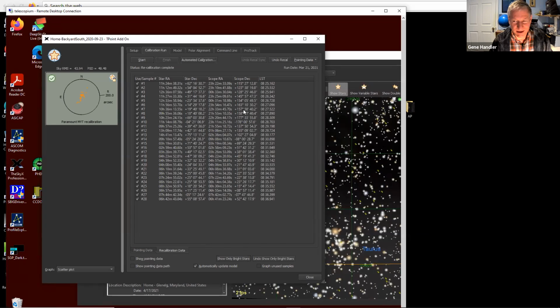iteration in like 30 seconds. And one night I did 600 and it only took like 3 or 4 hours. So you actually can do, if you're going to go to a star party where you camp out, you can spend the first 3 hours of the first night getting a good star model built up. And then for the rest of the time, you're good. Anyhow, cool. I will stop sharing.